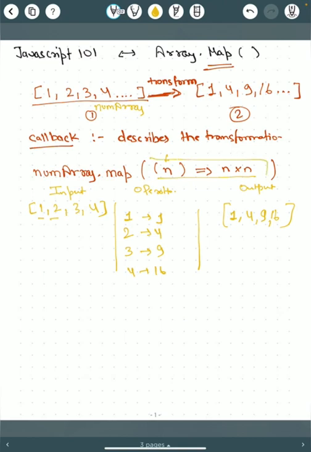These transformation functions can be as complex as you want them to be. So we're going to take one more example. As a second example, we are going to transform a phone directory, and the phone directory looks like this. You have a phone directory, which is a list, and it has entries in the form of objects. There are lots of objects, and how do these objects look? They have a first name, a last name, and a phone number.